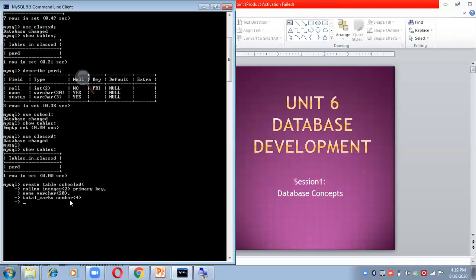Suppose I forgot to put a comma now. In the next line I have to put the comma, because otherwise it will give me an error message. Then next line, and now suppose I wanted to create one more field, that is fee,